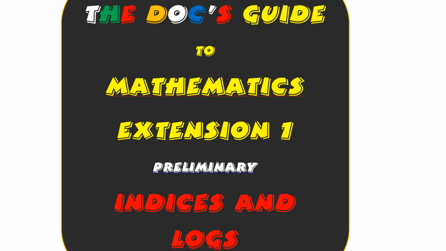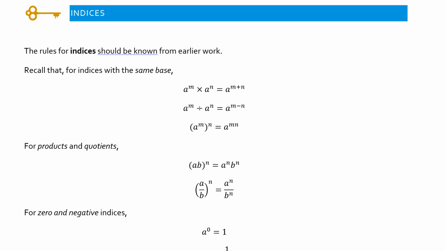Hello mathematicians, welcome to our first topic for term 2, a really short one on indices and logs, and the indices part at least should be pretty much revision. For indices, we should know particularly these rules from earlier work: if we have the same base, that's the important part, and we multiply together variables with indices, then we add the indices. If we divide, then we subtract the indices, and if we raise an index to a higher power, we multiply